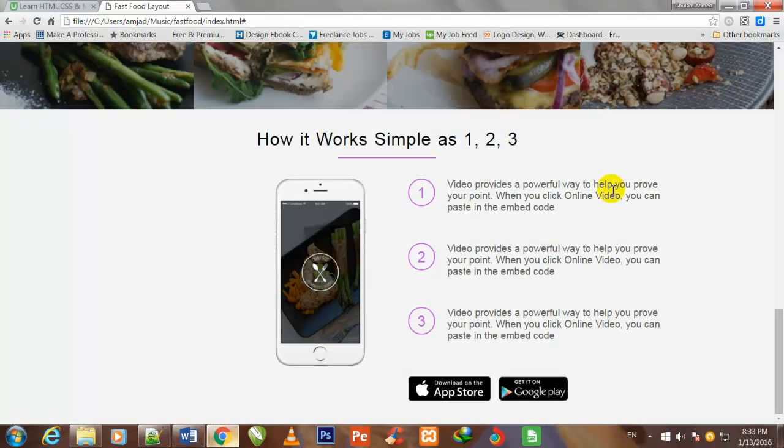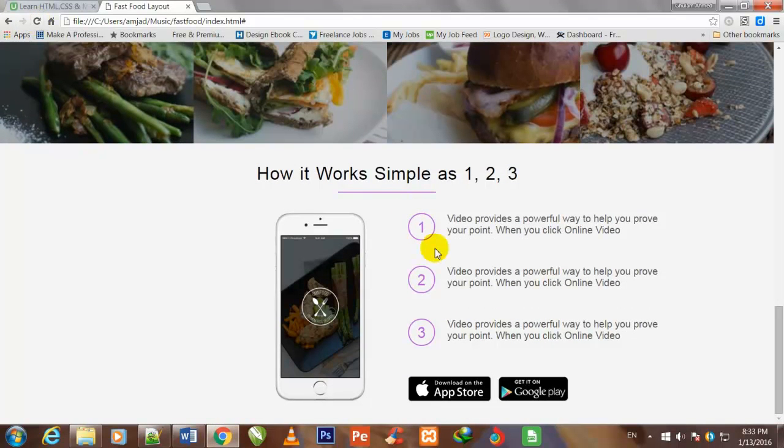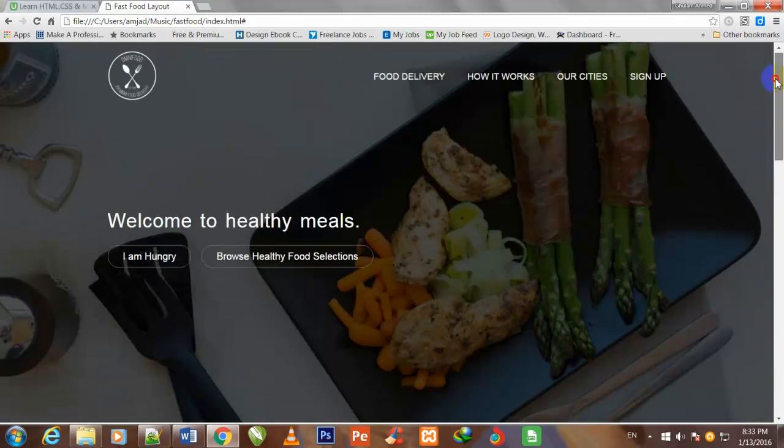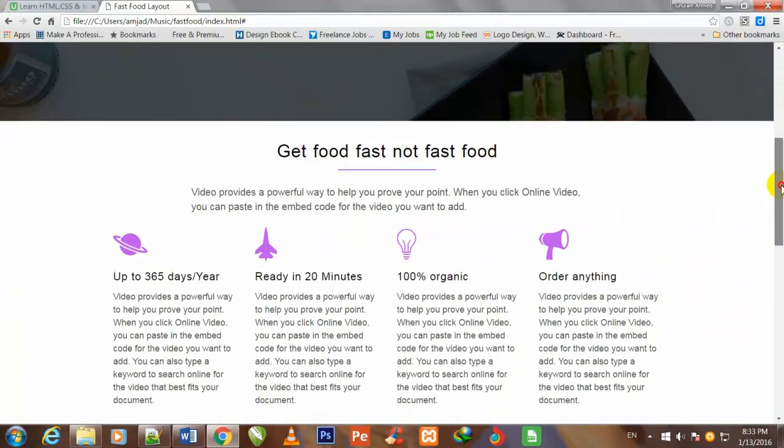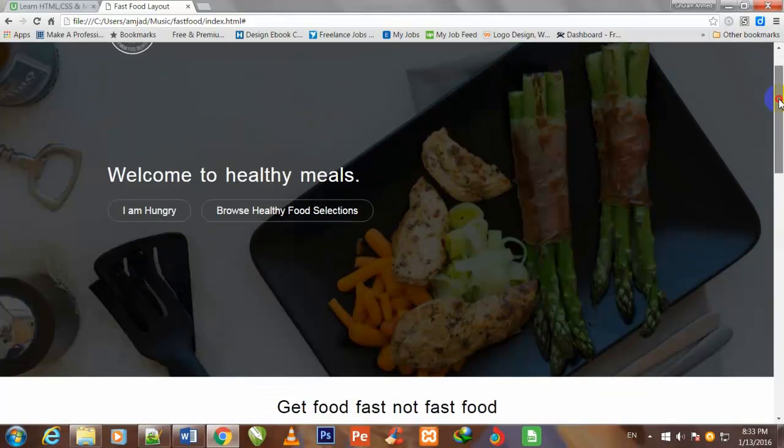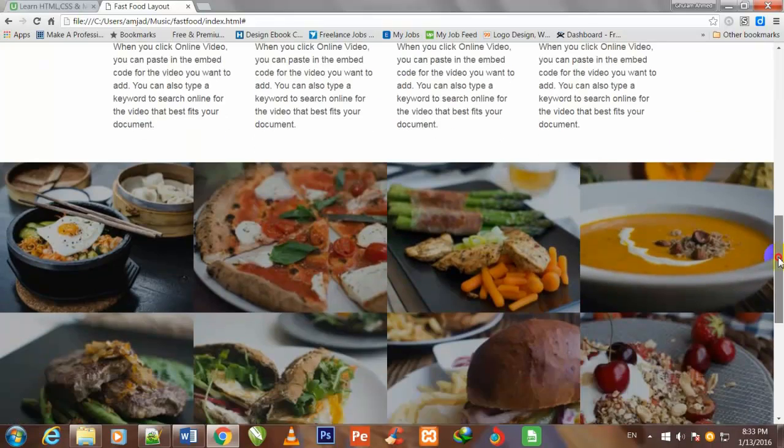So now I come back to the browser and refresh it. So friend, now you are watching that they are looking better. So friend, we have made this layout up to this extent.